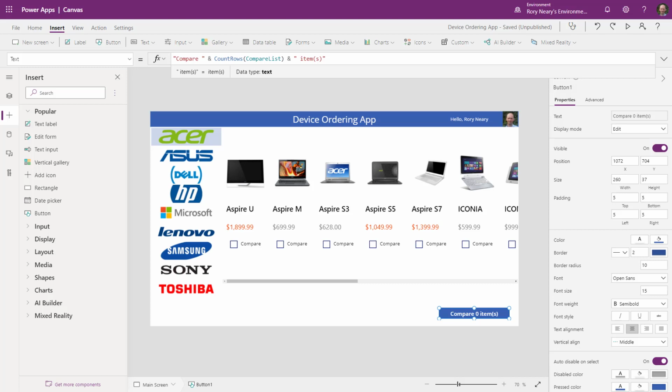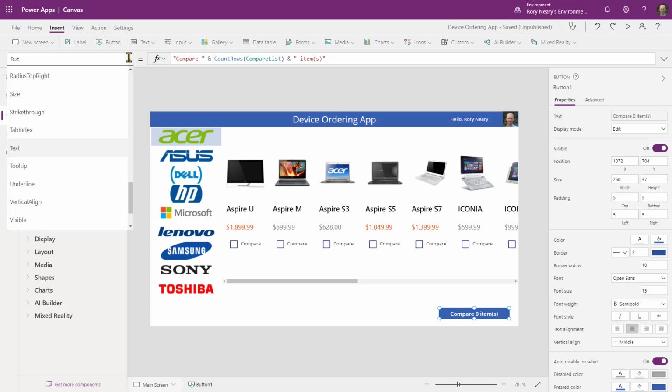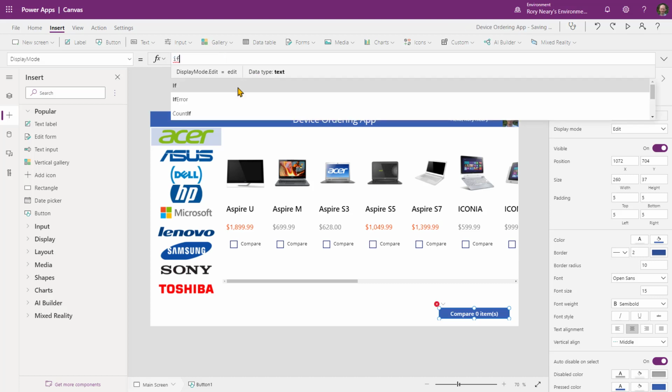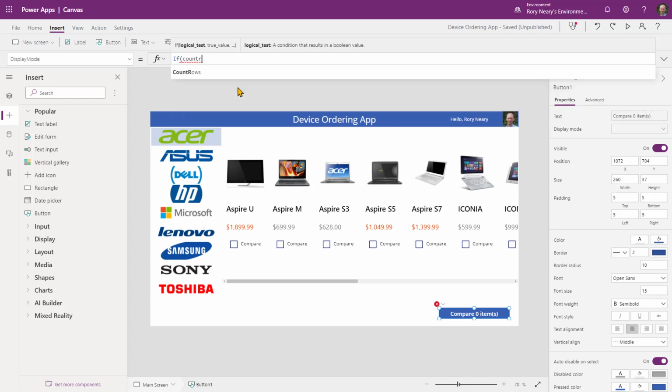Now the next thing that we want to do is work out whether or not we want the button to work. If we haven't counted anything, then there'll be no point to go to a compare list. So if we go onto the property of this button, it is the DisplayMode. Currently the DisplayMode is DisplayMode.Edit, which for a button means that you can click it. Now what we want to say is, if CountRows of the compare list